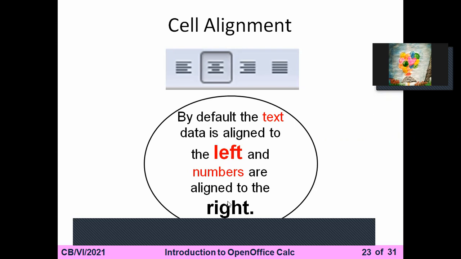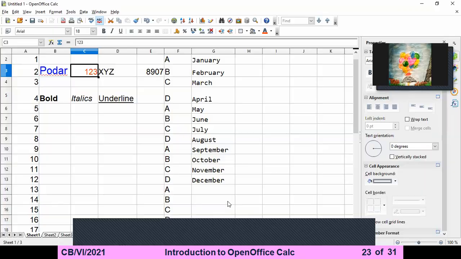And whenever you are writing numbers, 1, 2, 3, 8, 9, 10, they will always come on the right alignment. Maybe this question will be asked in the exam as an MCQ. So remember this, this is the important thing. So you can see here the alignment. आप देख सकते हो, this is the text, so that is on the left side. This is the number, so that is on the right side. By default, I am telling you, you can see the alignments here. आप यहाँ पे alignment देख सकते हो.